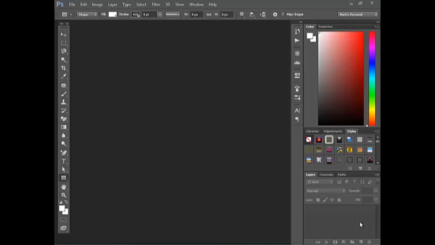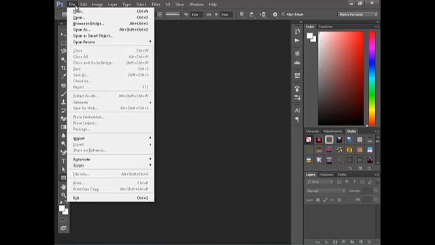Welcome to Photoshop Fun. In this module we're going to learn how to create a header, and this is going to be an average size header for a website, 728 pixels in width and 90 pixels in height. So let's get started. The first thing we're going to do is go up to File, click File, then click